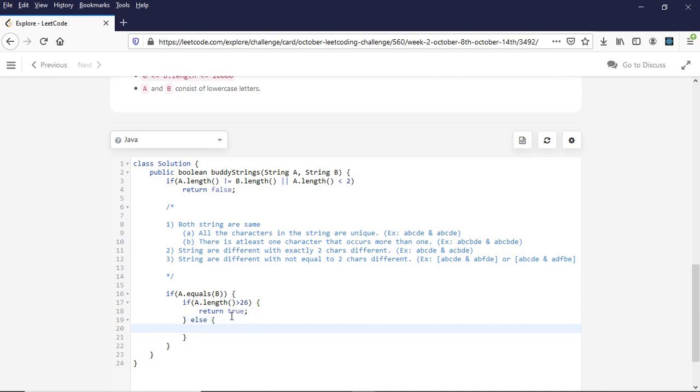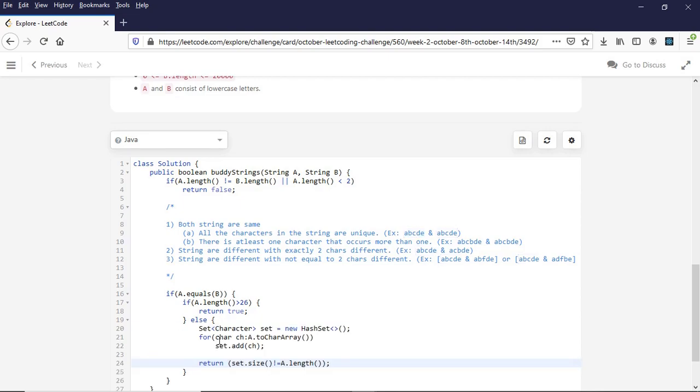Else, if it is less than 26, then there can be unique characters like this case that we have, or duplicate characters can be there in the string. So in that case how can we check that? What we can do is build a frequency map, or we can add the characters in the hash set and check if the size of the hash set is different from the string dot length, because a hash set only stores unique characters. So if the characters are duplicate, then the size of the hash set should be less than A dot length, and if that is the case then we can return true, else we can return false.